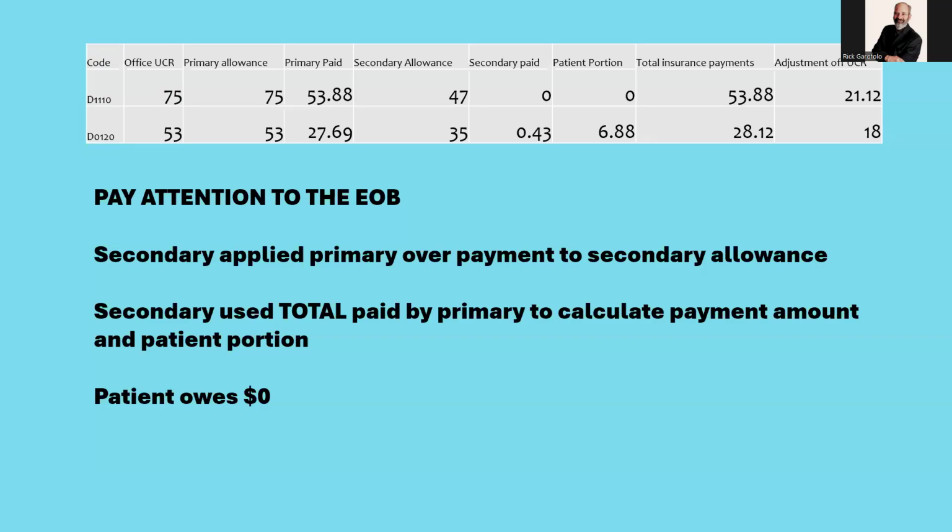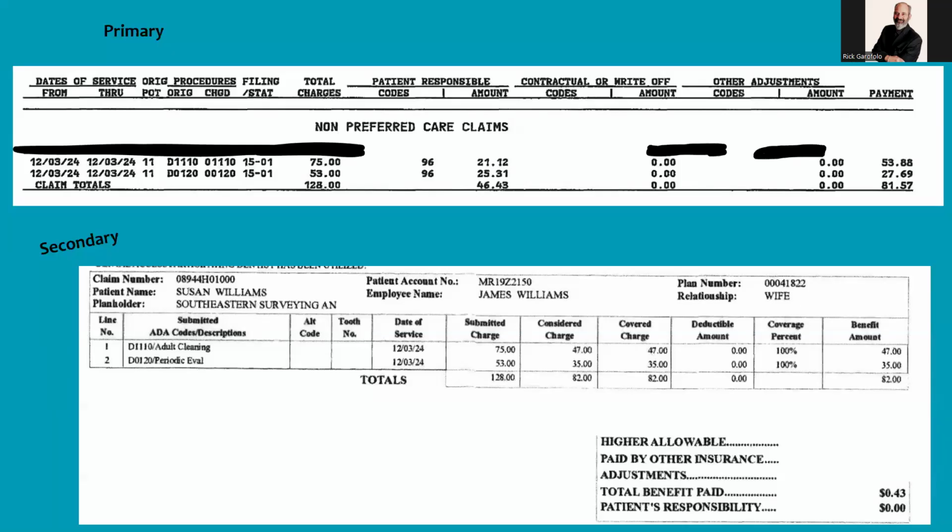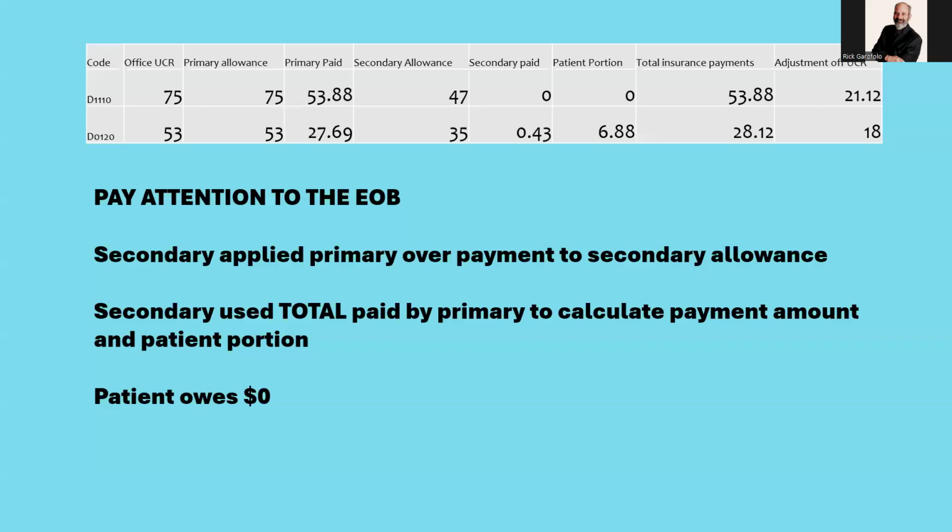So when we look at this, and you see right here, total benefit paid is 43 cents. So how did that happen? The office UCR is $75. The primary allowance, because we're out of network, is $75. The primary paid $53.88, but the secondary allowance is 47. So the primary paid more